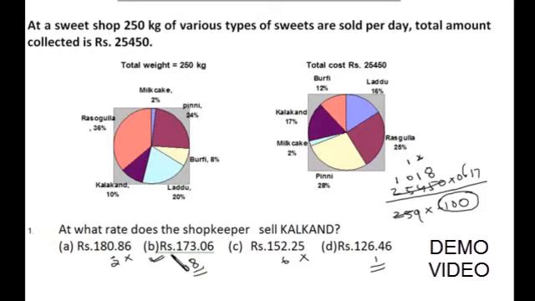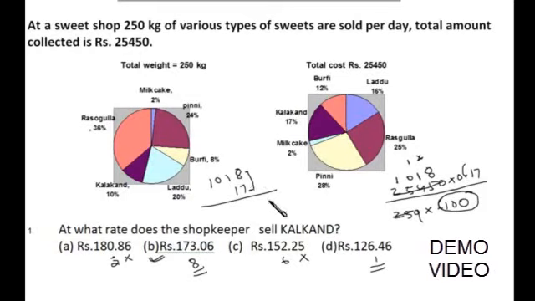Alternatively, just observe that the second last digits of the options are 8, 0, 2 and 4. That means it's unique. So if you calculate the second last digit of your answer, then also you can arrive at the correct choice. How do we calculate the second last digit? It's 1018 into 17. We are not going to do the entire product over here. Just see how we get the second last digit.